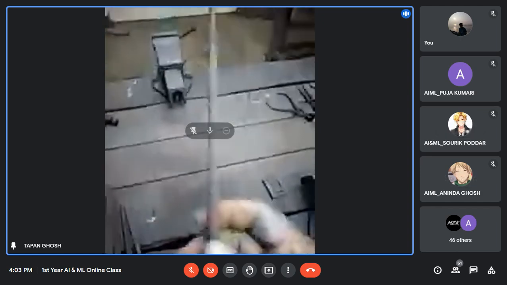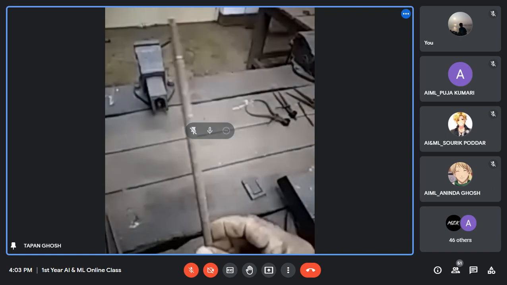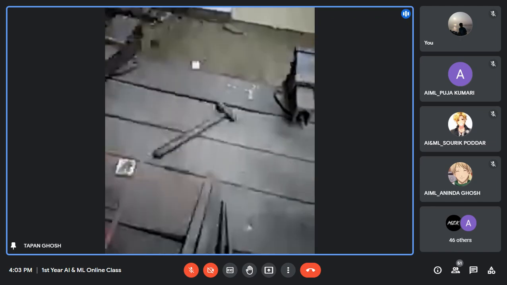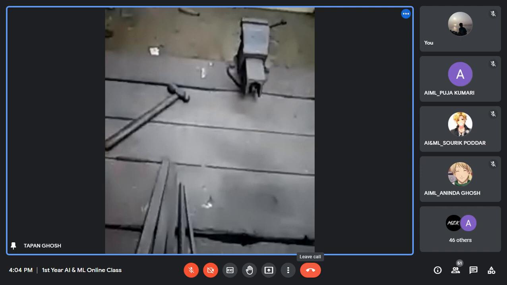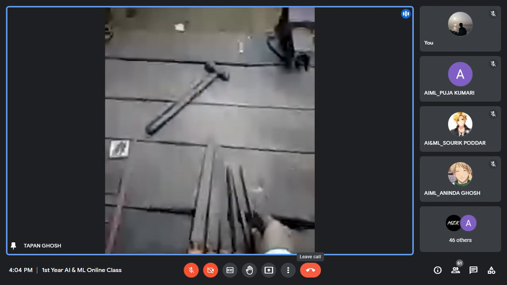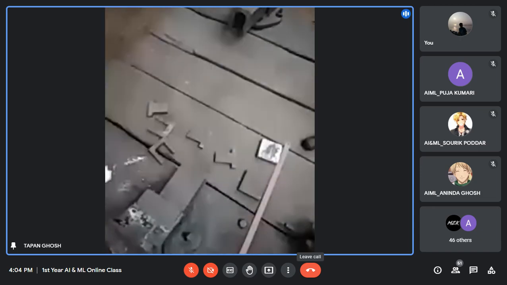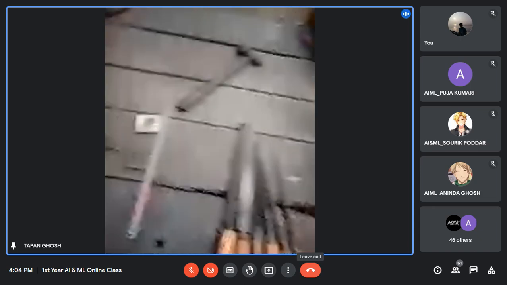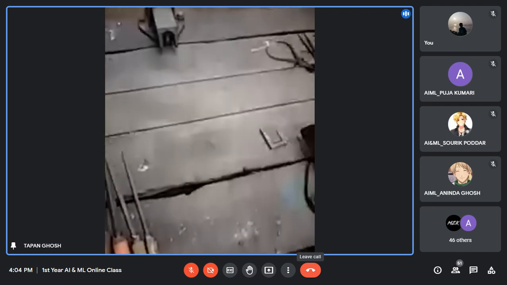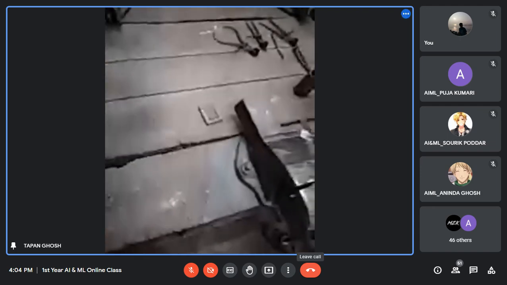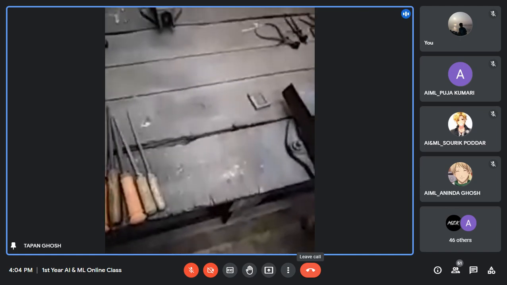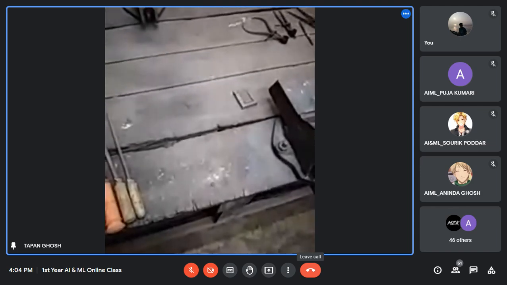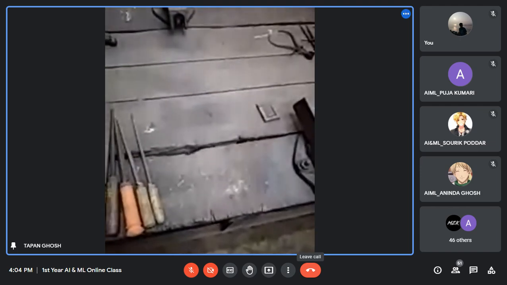Another file is there, that is a round file. If you want to make a hole larger, use this round file. Another file is there, that is, as already discussed in the class, the knife edge file or needle file. We are not showing the needle file this time. The needle file is used for making a small hole or keyway, a small slot or keyway.